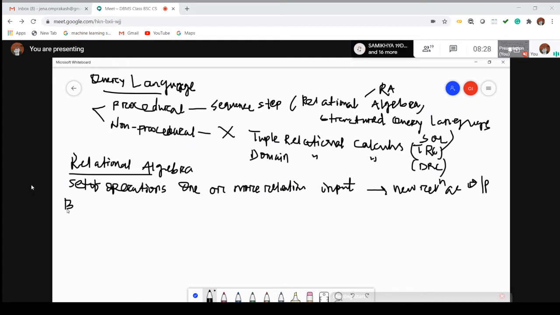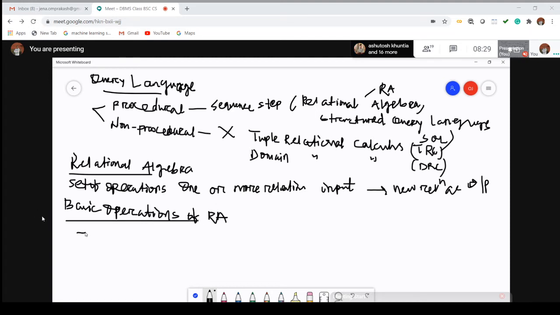So the first point is, what are the basic operations of relational algebra?